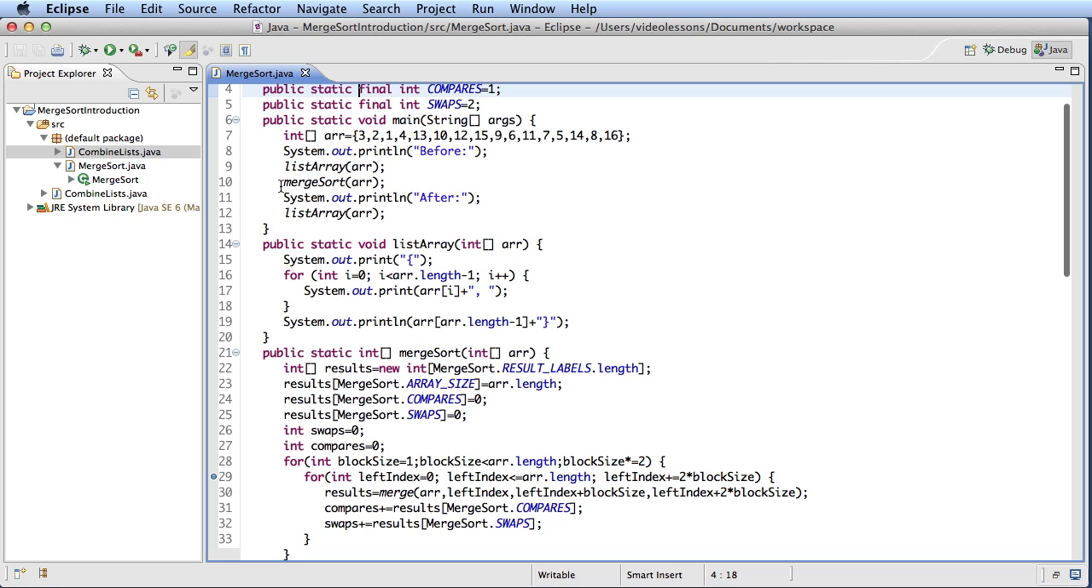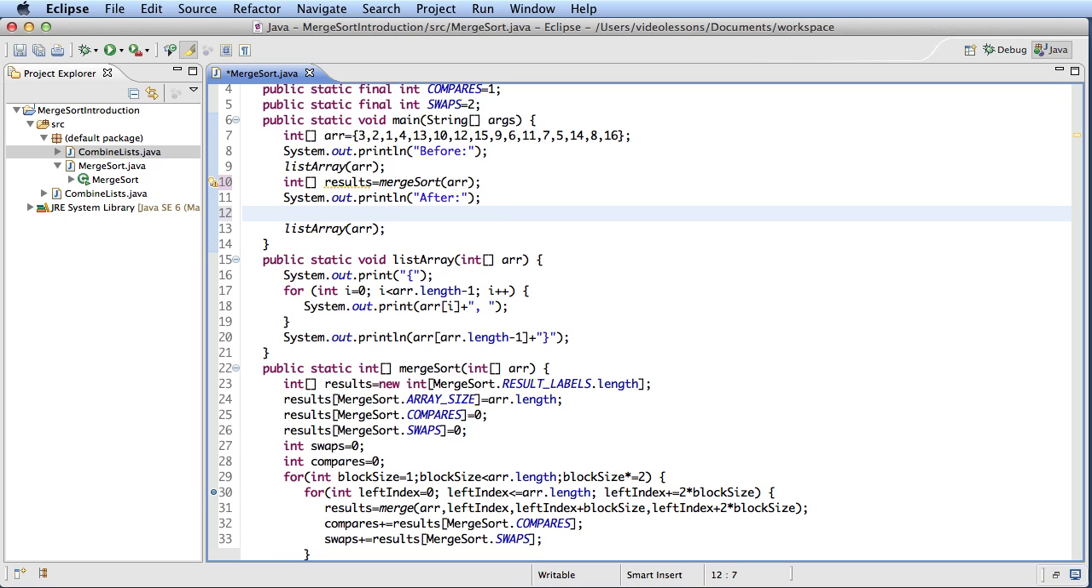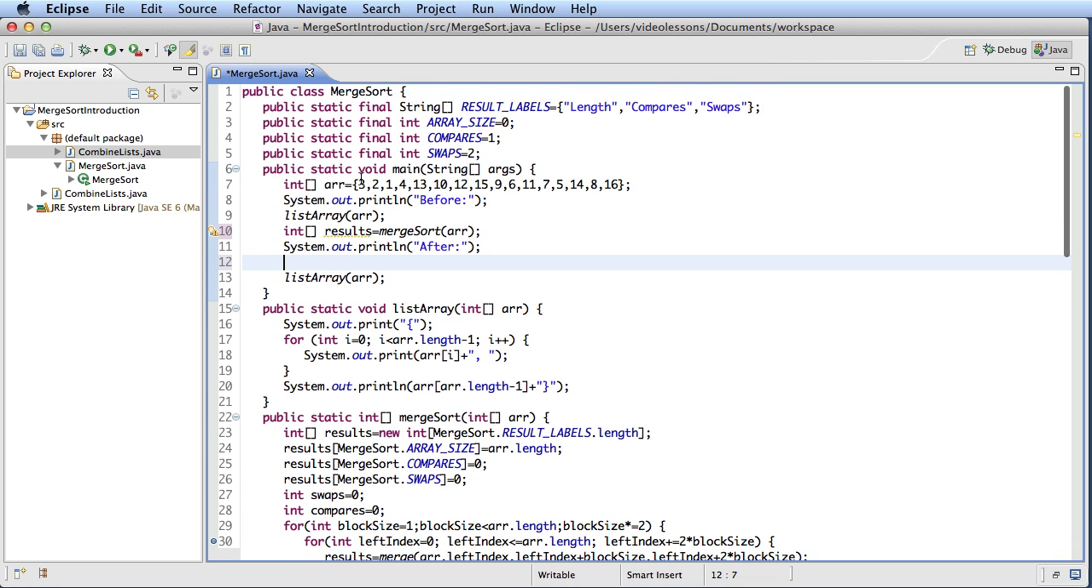Notice that we're calling merge sort, but we're ignoring the result right now. What we're going to want to do is have our int results array equal our merge sort, and then afterwards now we can output the results. And this is where this little structure that we set up here can save us some time, because we can